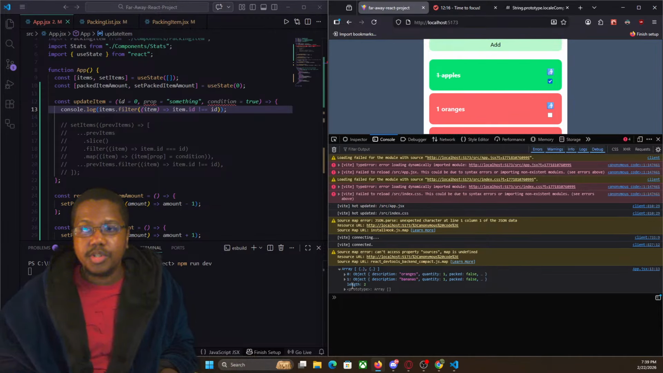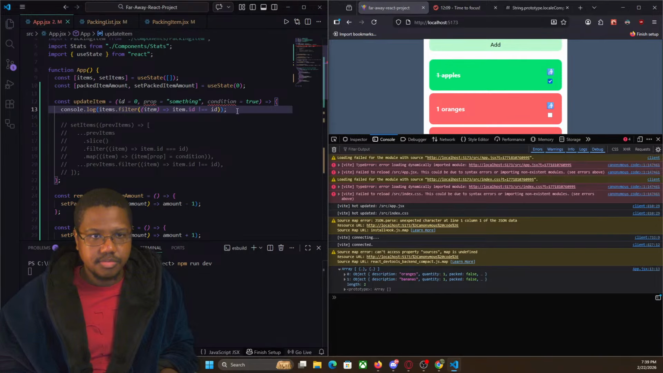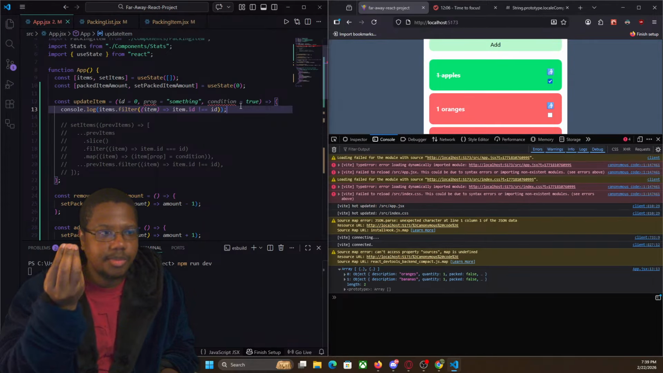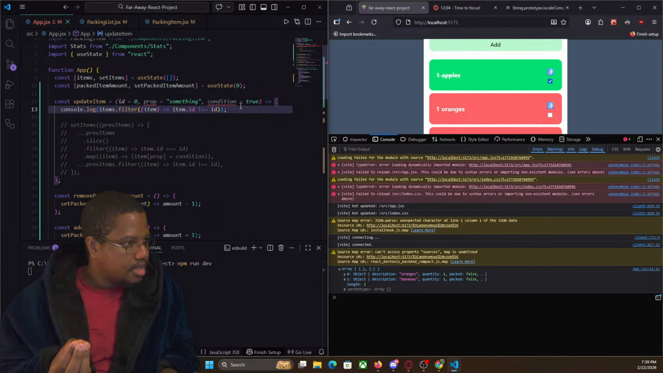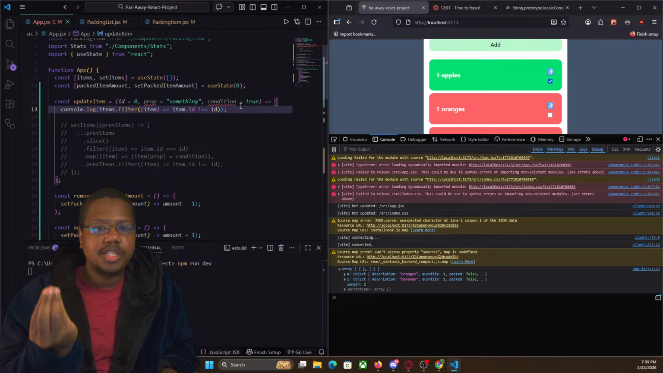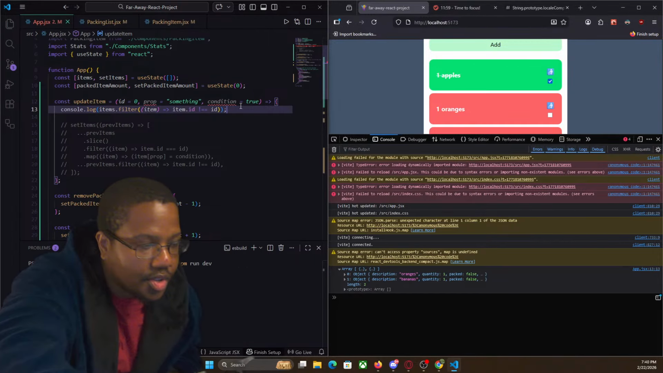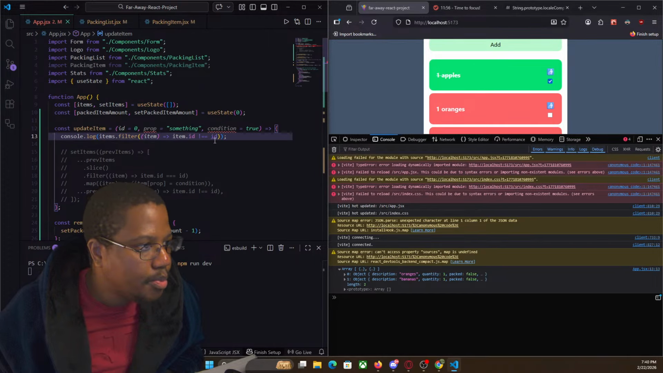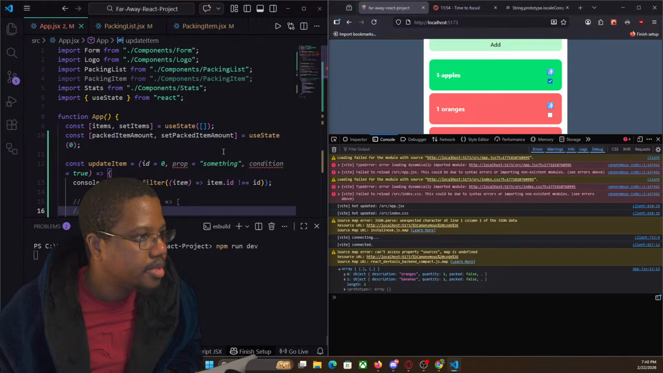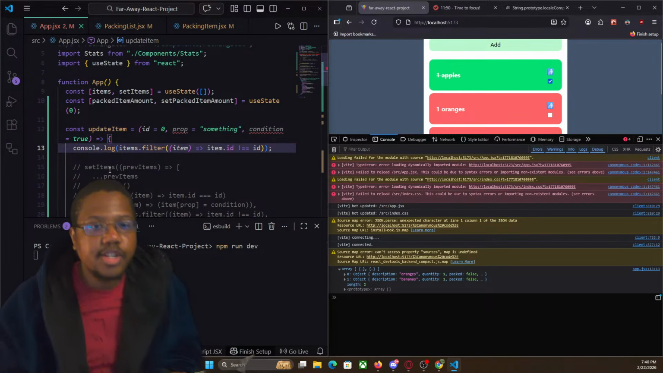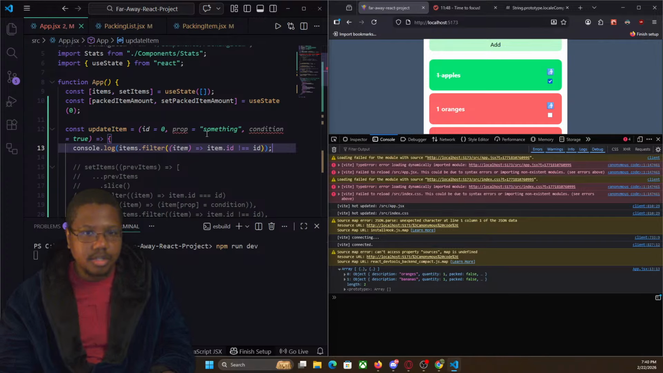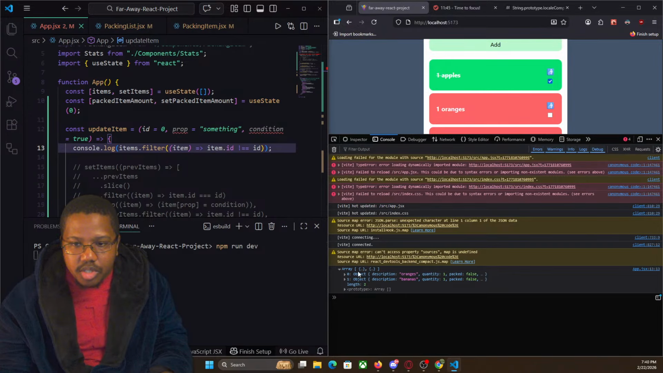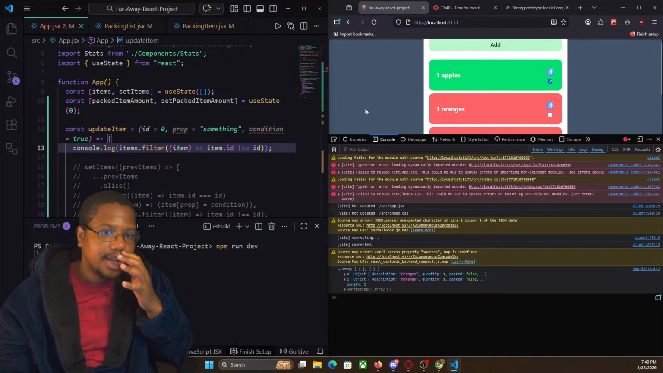Okay, so it took out bananas. So now I want to see, now with this thing, I know that I have my items that are not this one. Okay. So now what I need,